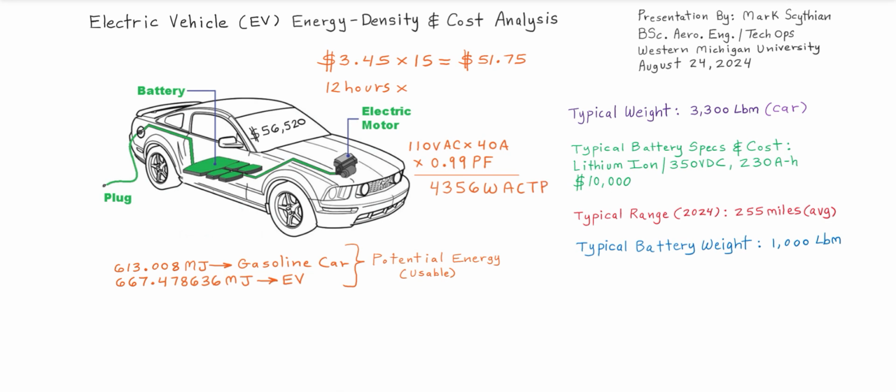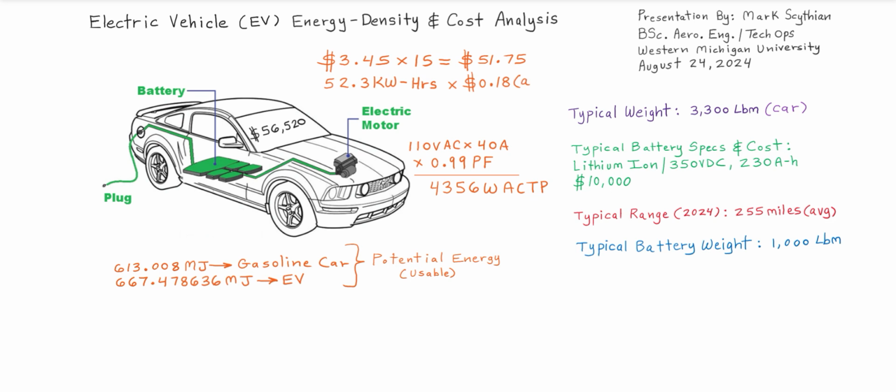So it is the AC true power in watts that you want to calculate, not the apparent power in volt amps, with respect to AC electrics. So we have 4,356 watts of AC true power divided by 1,000 for the kilowatts, times 12 hours. So this becomes